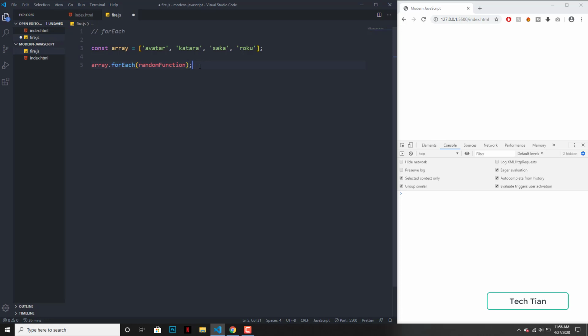and every time this random function runs, it will run for each of them. It will run for this and this and this and this. So let me take this and create this over here,